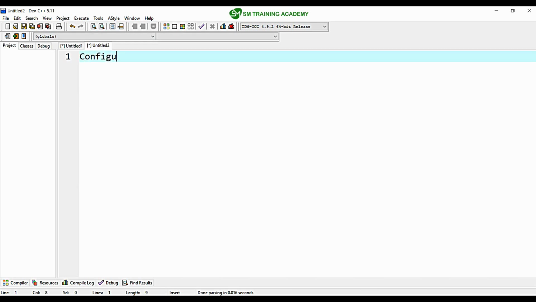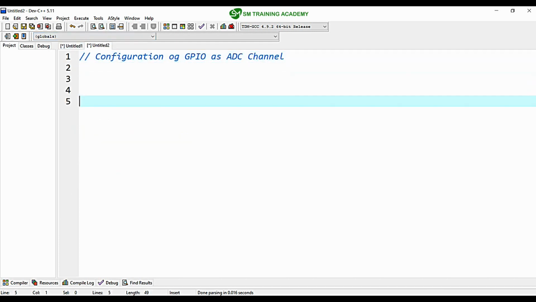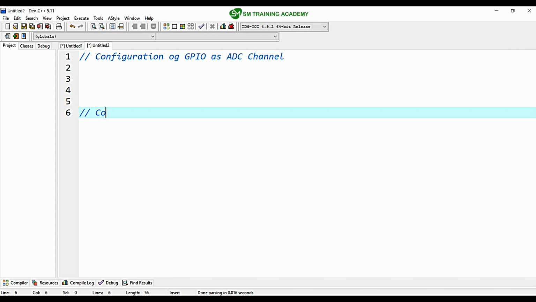So first thing is, I just want the configuration of GPIO as ADC channel. And the second thing is configuration of sample sequencer for ADC channel. So these two are the configurations that we want to do,